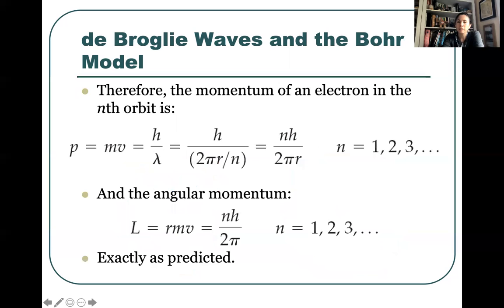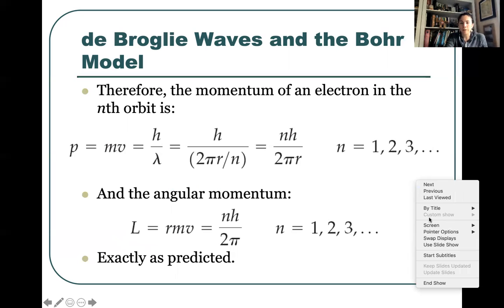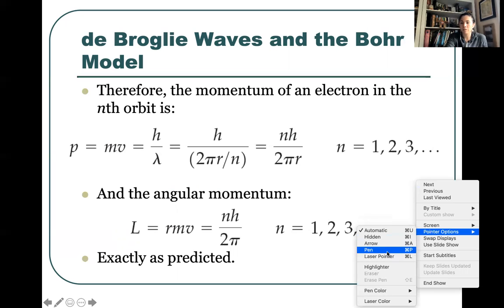All right, so if we take a look at the momentum of our electron, we know that by definition, momentum would be mass times velocity, so mv, if we look at the magnitude. And it's also given by h over lambda if we're going to assign a wavelength to our electron. So now the idea is, okay, so what if then we say that on our orbit, we're going to fit a number of